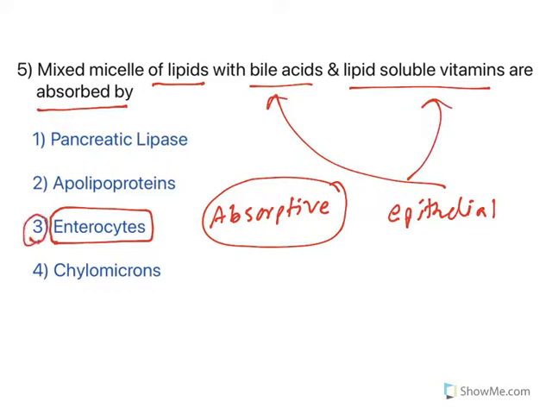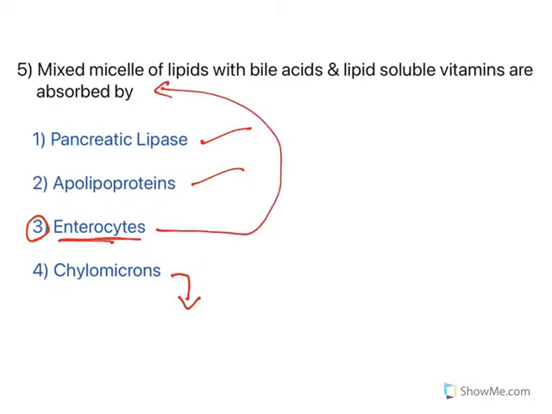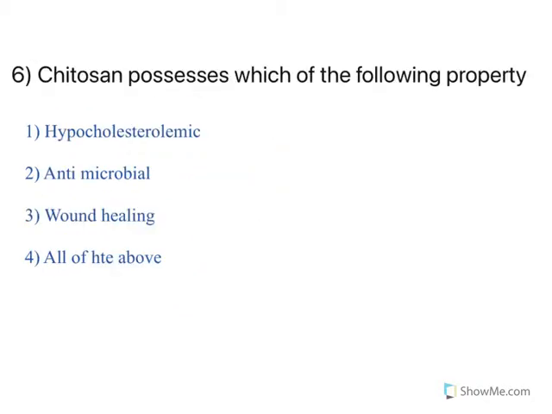Now, when you see this question, there is a question about absorption by what kind of cells. Pancreatic lipase, lipase is an enzyme. Apolipoproteins are molecules, a kind of biomolecules. Chylomicron is a lipid combination molecule. So, only the cell is enterocytes. So, you need to think logically in this case. Even if you do not know the answer, look at the options. This is an enzyme, this is a biomolecule, this is a dietary molecule made up of lipids. So, only the cell is enterocytes, and these are absorptive cells. Moving to the next one.